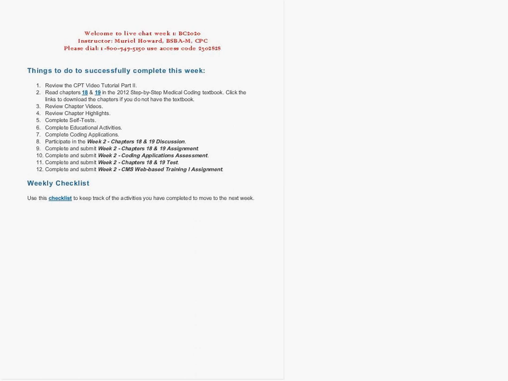You have to complete your educational activities, which is basically completing workbooks and following through and downloading the answer keys that are saved inside of the course content under each chapter, under educational activities, so that you can compare your answers. And then you have a test for chapters 18 and 19, the general test, and then the coding application. We have discussion, and we also have an assignment and your web-based training that you're going to be doing this week on the CMS